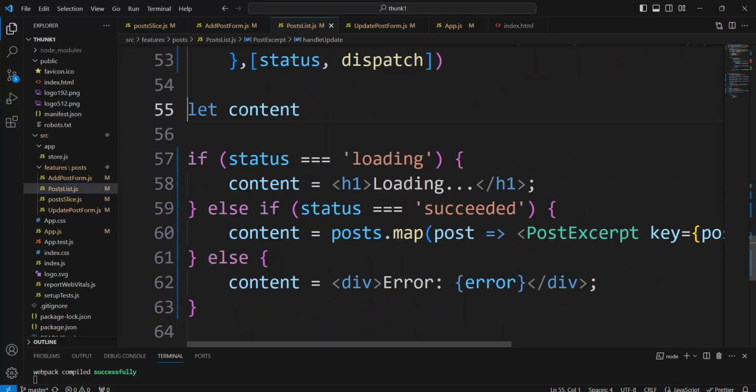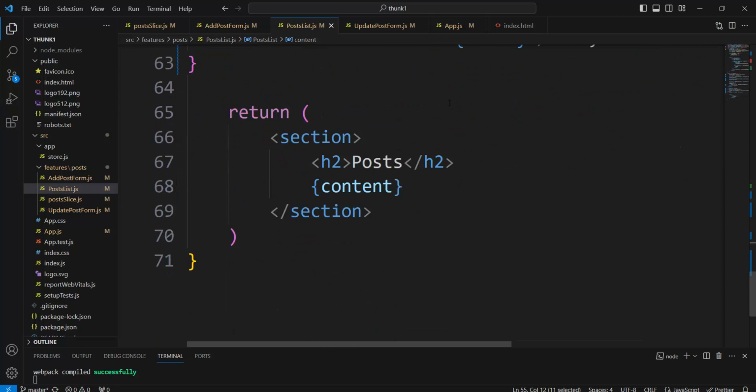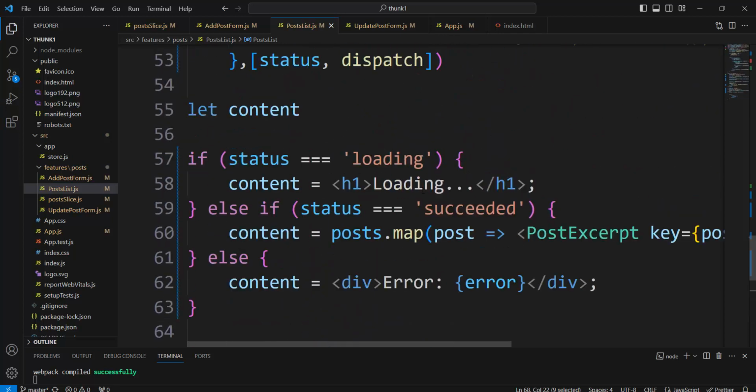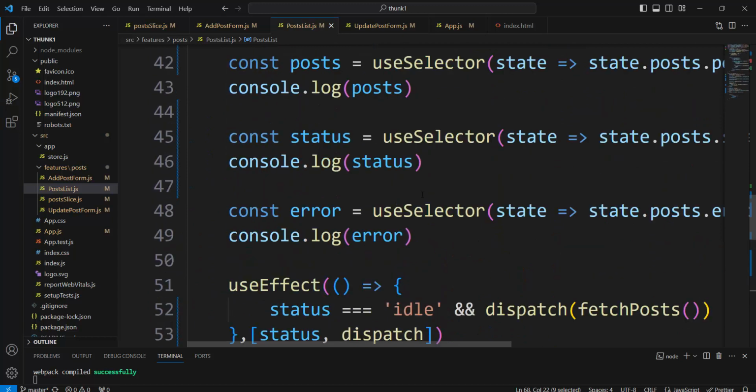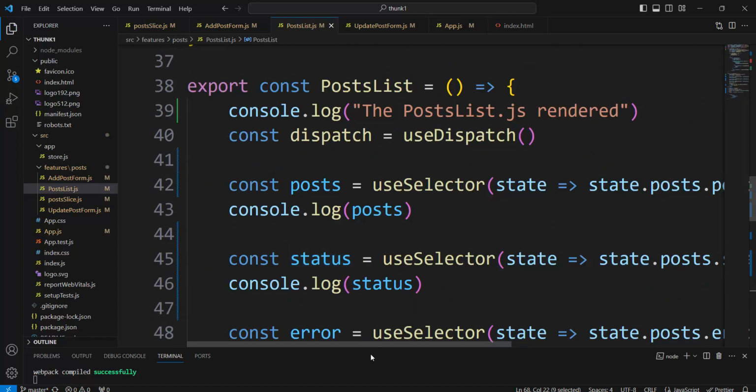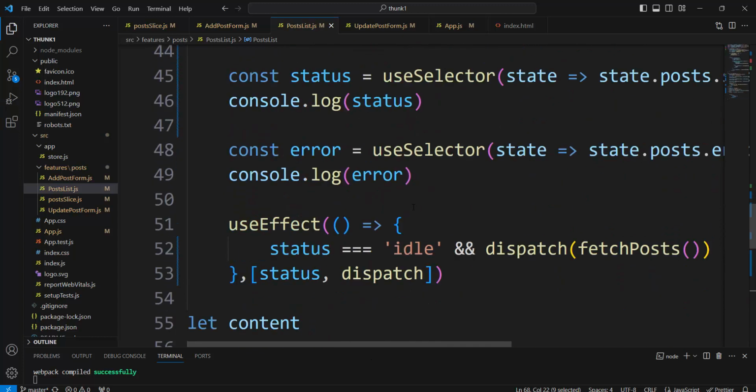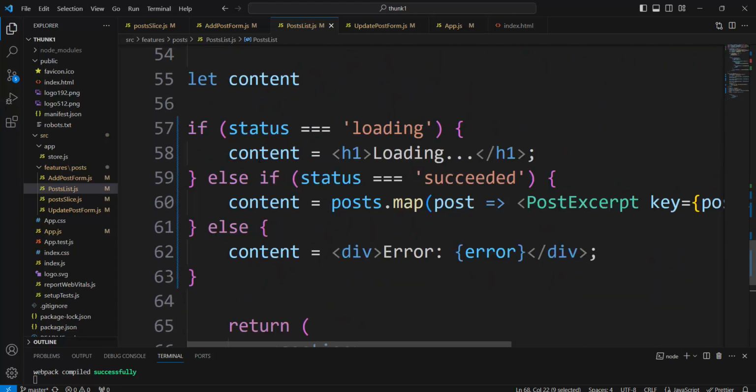Here it is. What we see in the post list, we see this. We see the title, post and content. What is the content? It is the list of posts. The component name is post list. The content would be the post list. But the content can be loading also. And what does it depend on? You see, it depends on the status. If the status is loading,